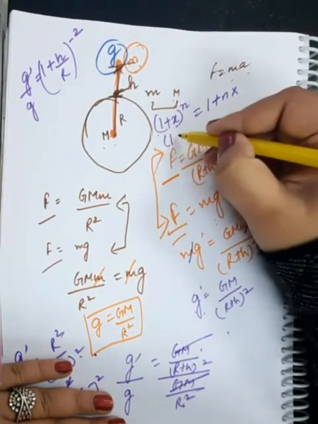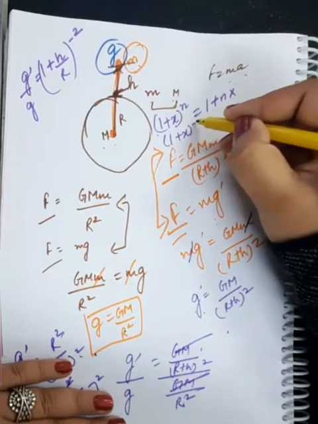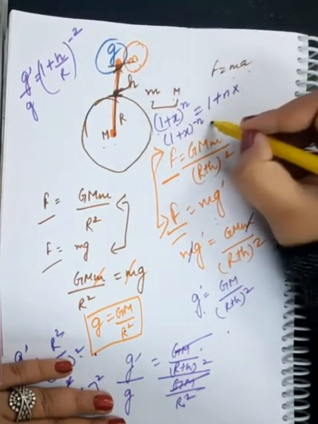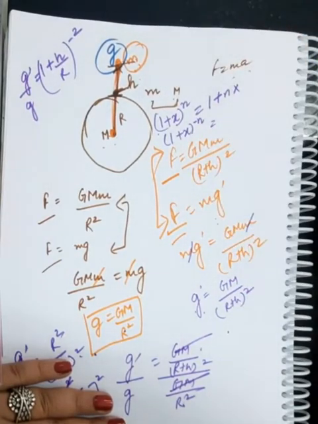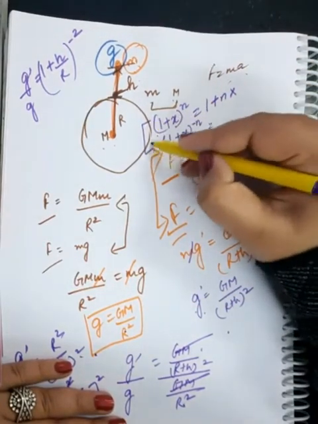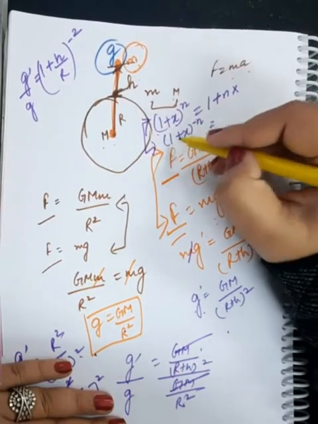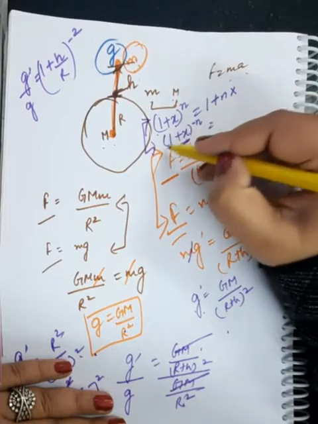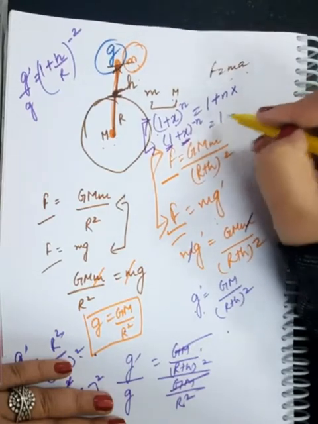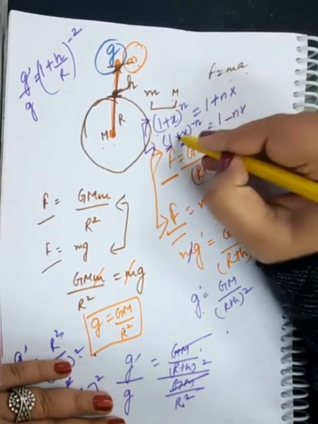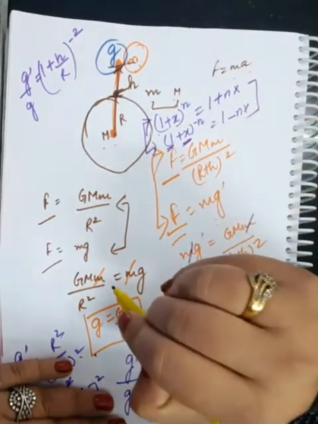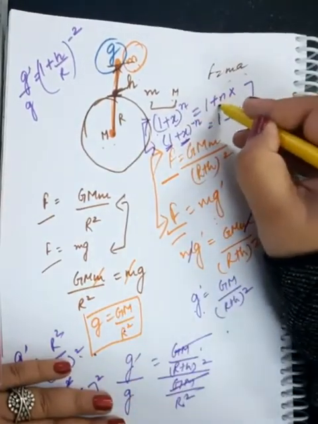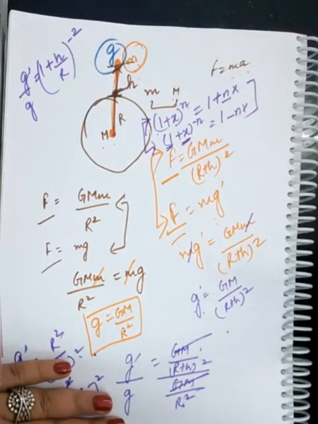Same way when you have (1 plus x) raised to the power minus n, okay? Actually this expression is long, it's a complete binomial theorem, but these are the special cases. When you want to expand (1 plus x) raised to the power minus n and x is very, very less than 1, then it becomes 1 minus nx. This minus n comes in front, and these are the two formulas. Had it been plus n, then plus n would have come in front. So you need to remember that, okay?